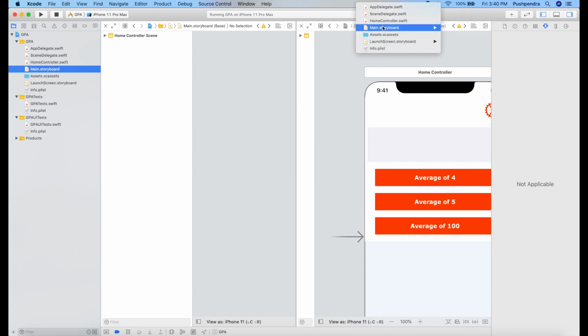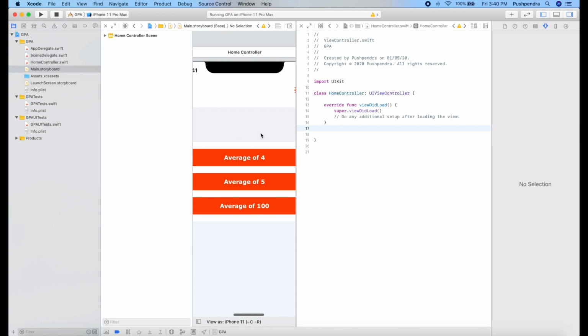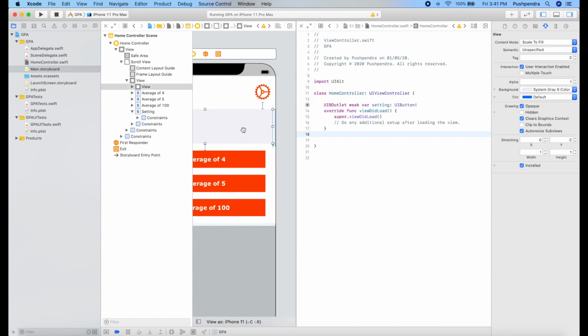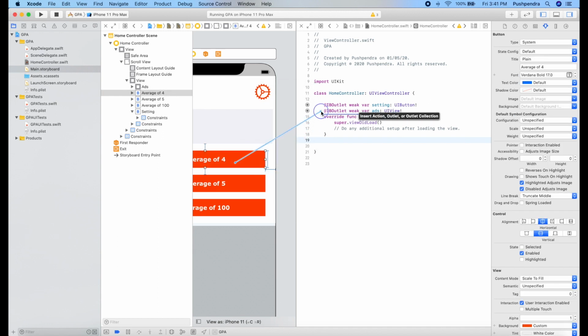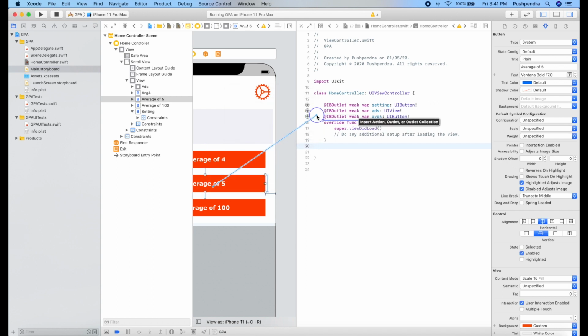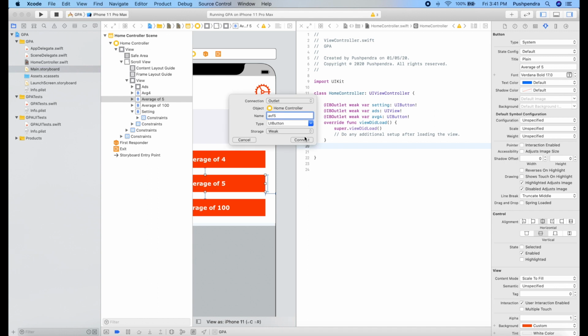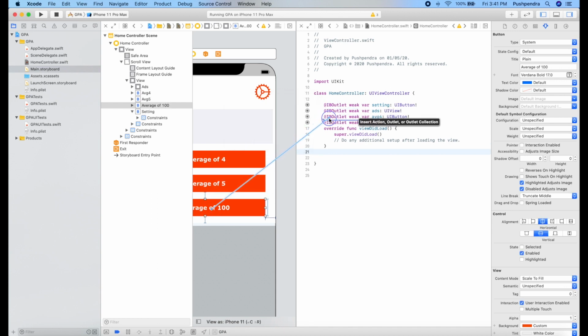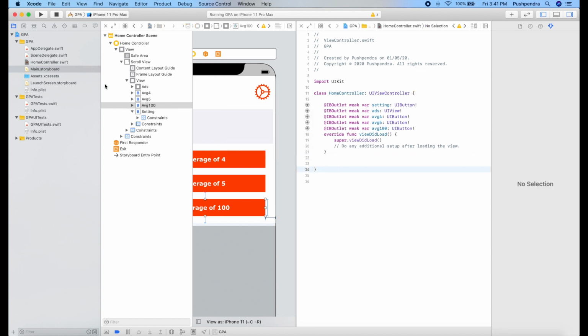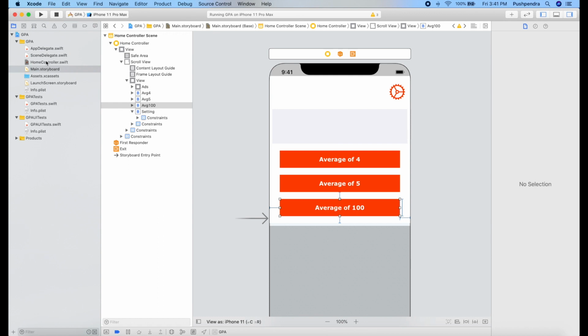Now I'm going to take the outlets of all the buttons into my controller. First button is setting button. Okay, this is my ads view. Ads we will implement in the upcoming videos. Okay, so that is the complete series of 10-11 videos with a complete application, a GPA calculator. Actually, this is the complete GPA calculator, and if you are a learner, then it's a very useful video for you. So we have done with it.